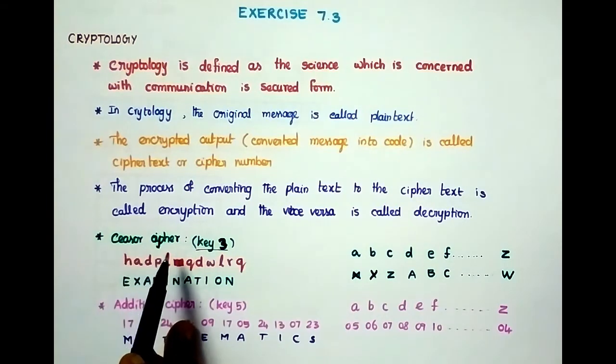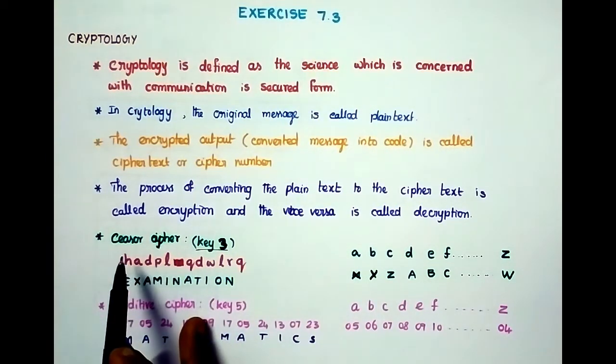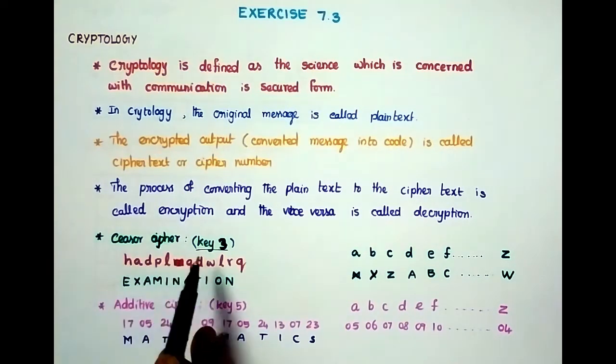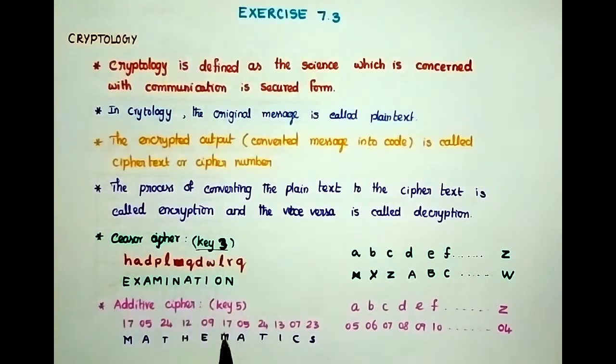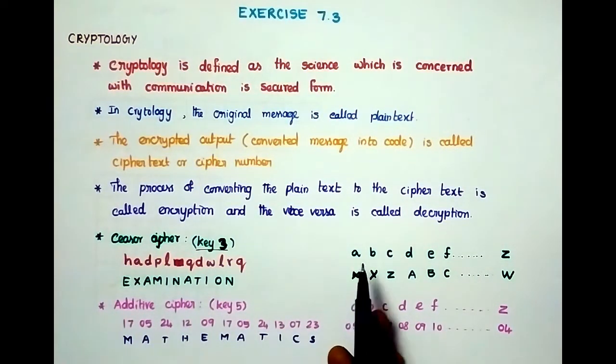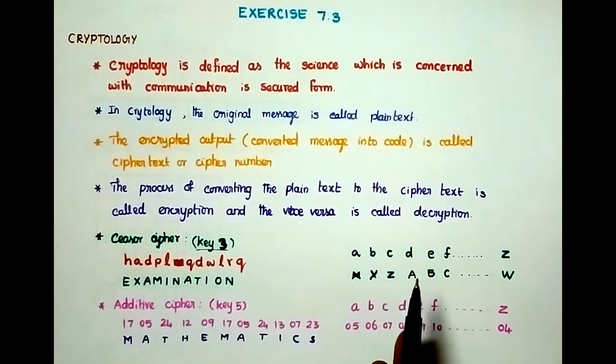Caesar cipher. They used the codes here: Caesar cipher, key 3, key 4, key 5, like that. That means ABCD is the plain text. Key 3 means A starts from D onwards.